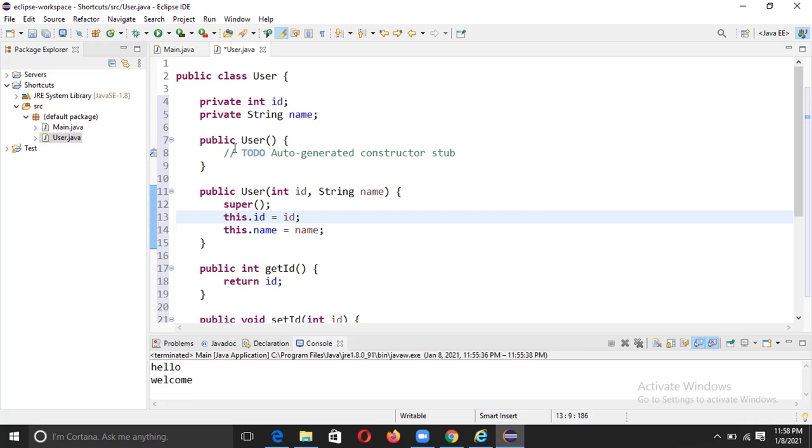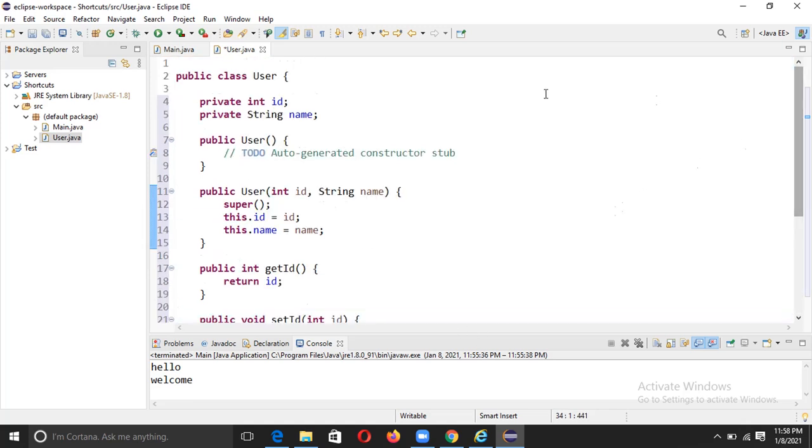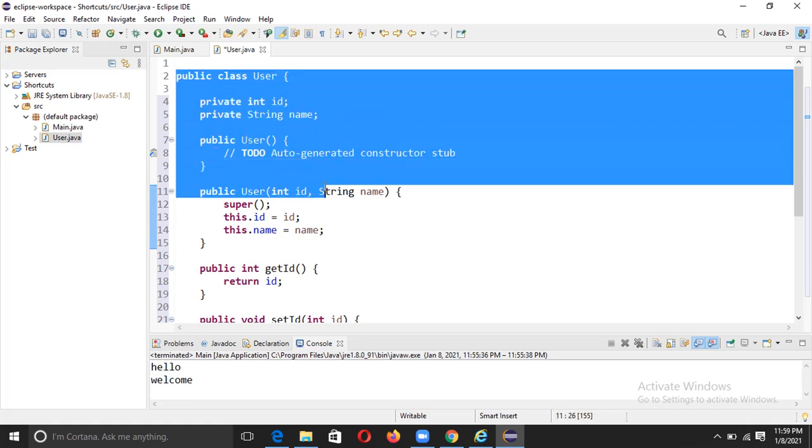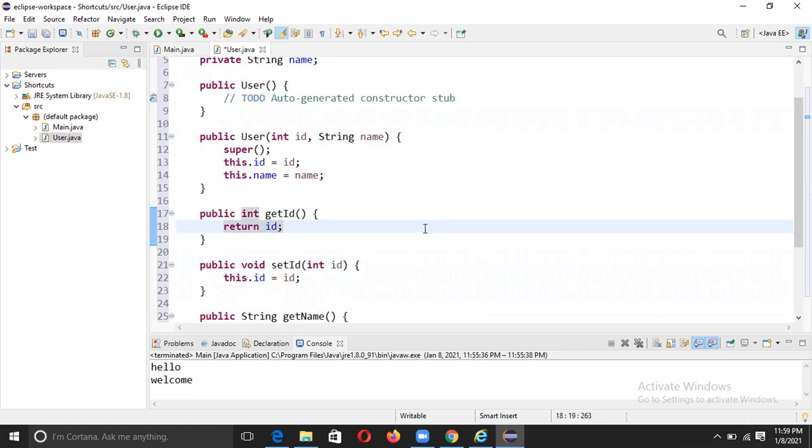And I got one shortcut to select all. For example, you want to select all this code from line number 1 to line number 34. You can just drag your cursor like this, you can do that. But what if you have thousands of lines of code in your program and you want to select all of that?